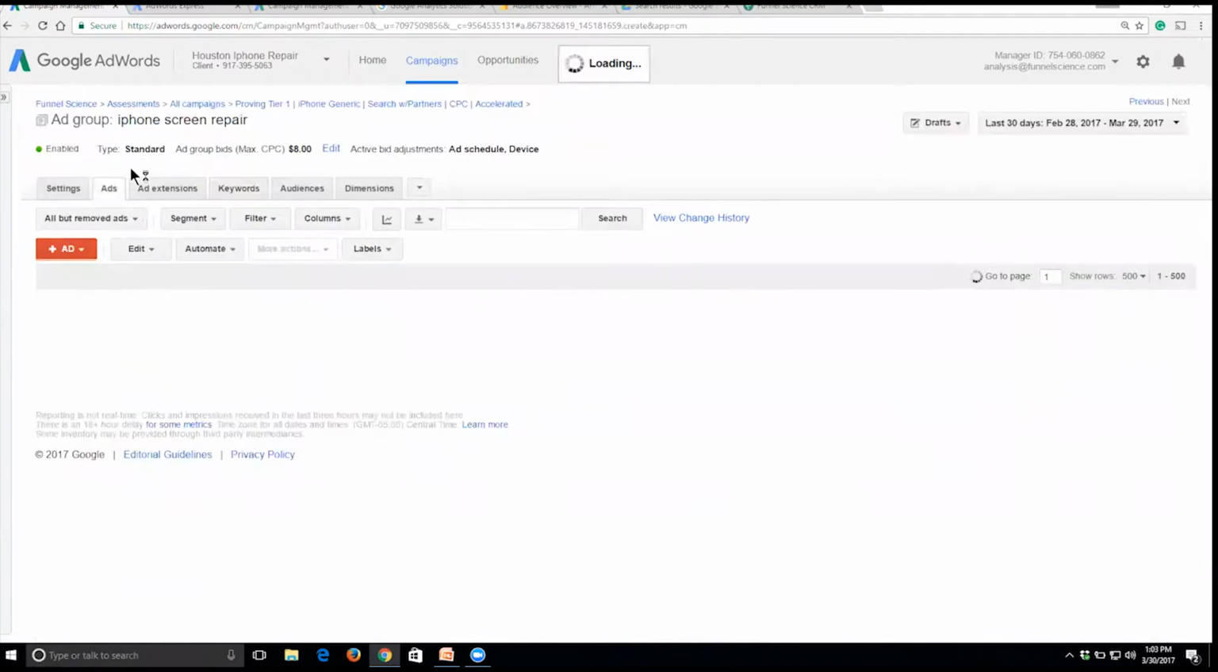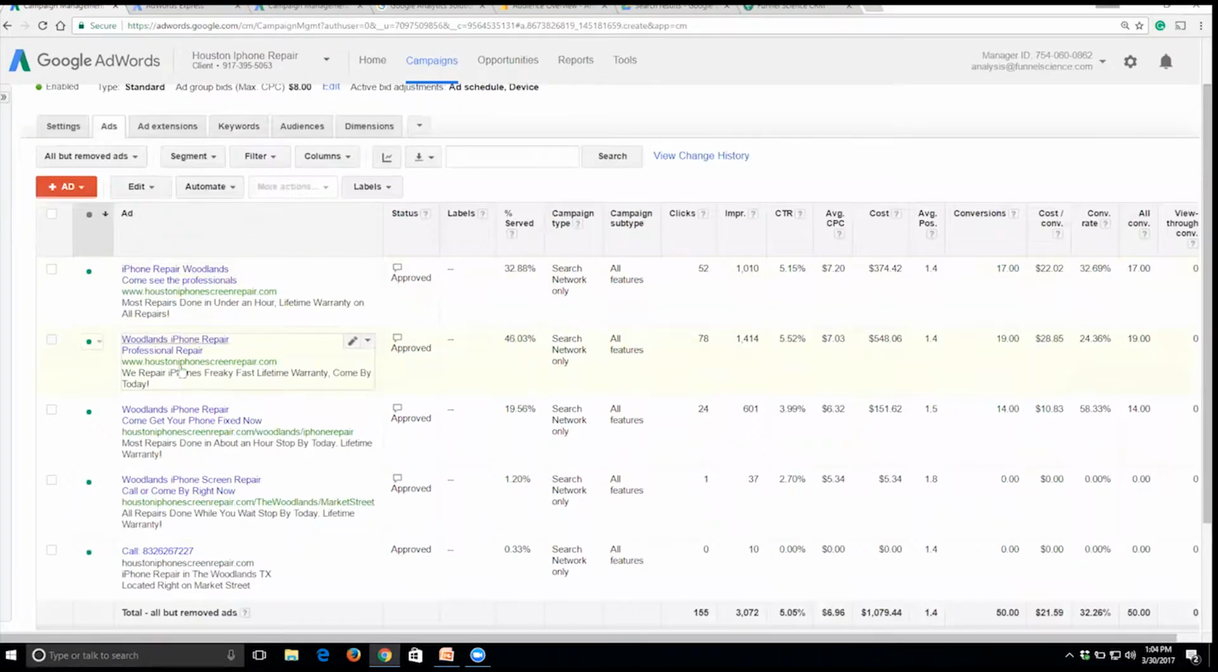Then you want to go to the ads tab and test different ads. See here, we're testing 5 different ads. If you just look at these top 3 ads real quick, all 3 of them are getting clicks, but they have different conversion rates. One has a 24% conversion, 32, and 58. When you've got enough data, normally 100 clicks on each ad, that's a good sample size,